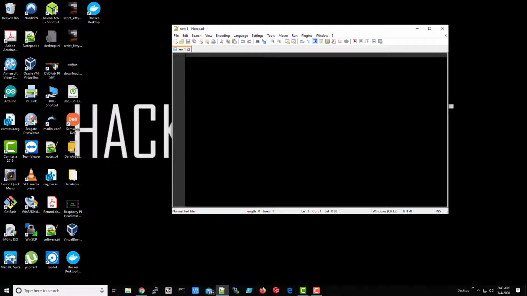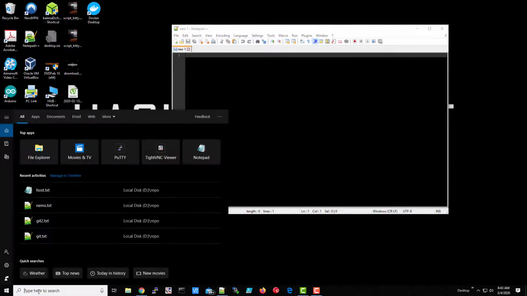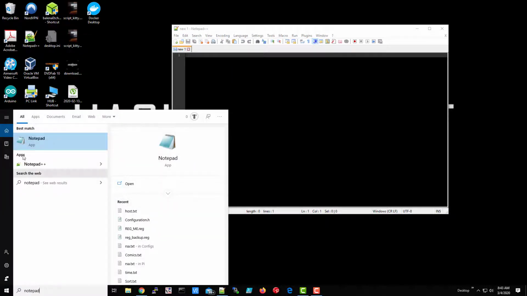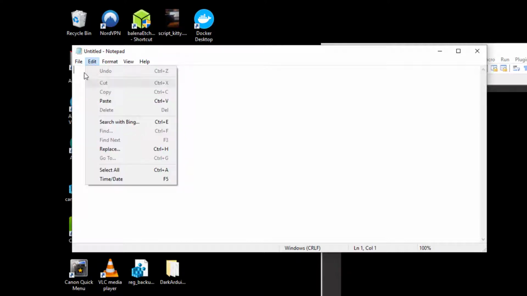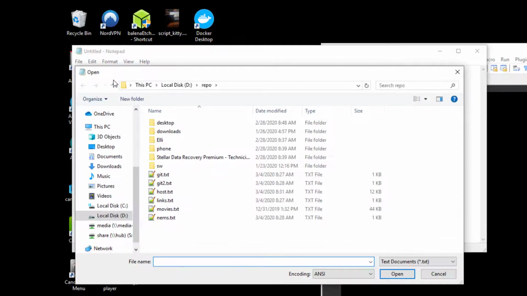I'll be doing it with Notepad++. That's my preferred text editor. It just does a better job. You can do this with Notepad built into Windows. You do have to right click on it and select as administrator, or you will not be able to save your changes. So with that, we're going to go to File, Open,